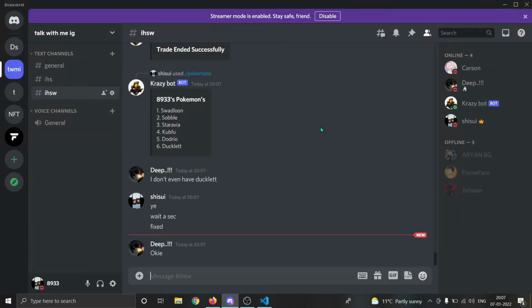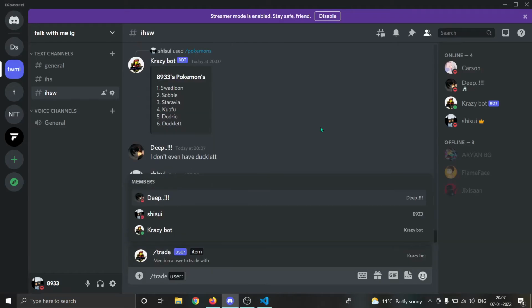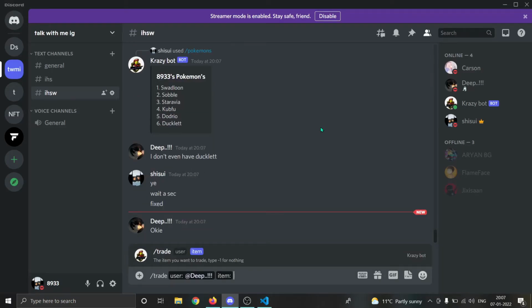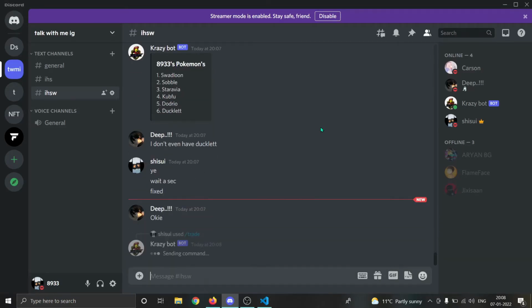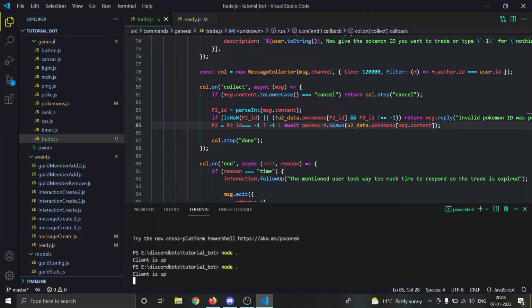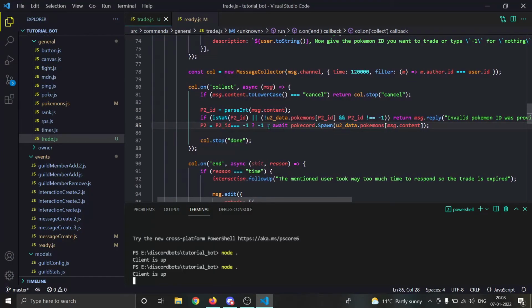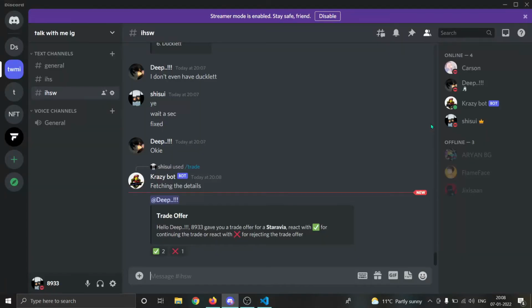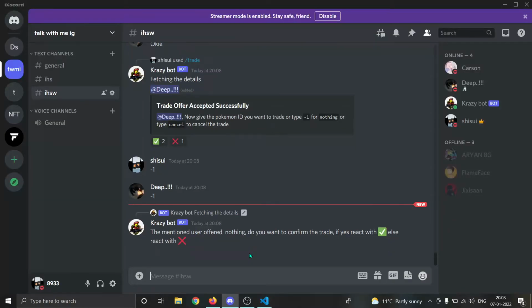Please trust me, this time it is fixed. I swear, man, this time it is fixed. So let's trade once more, and this user will be Thief. Item will be this, and let's just wait for him. I'm really sorry for being stupid again and again, but this time this will work, trust me on that. Let's hope for good. And by the way, I really like that random Pokemon spawning thing. It literally creates Pokemon for you. But let's see what will happen.